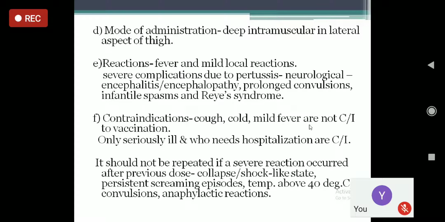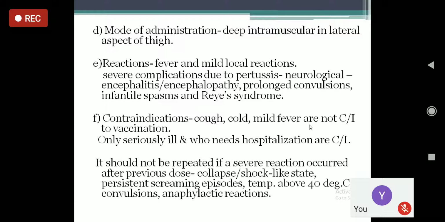Okay, so in neurological disorders like encephalitis and encephalopathy, brain damage occurs, and the child may develop seizures and then altered sensorium. The child may be disoriented to time, place, and person. In severe cases, the child may have a seizure, become unconscious, or go into coma.